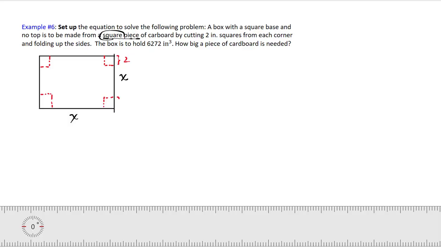And therefore, if this is equivalent to 2 and the entire side of this cardboard is x, then the sides of the box, once it's folded up, is x minus 4, since we're taking away the 2 corner pieces right there. So here we have a box